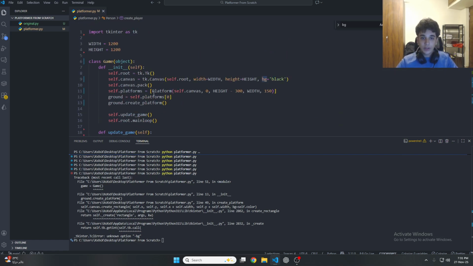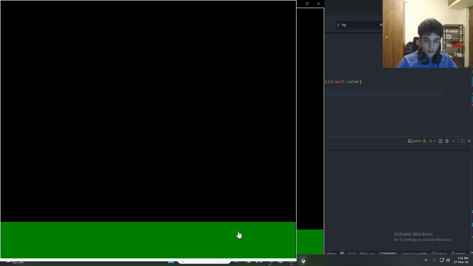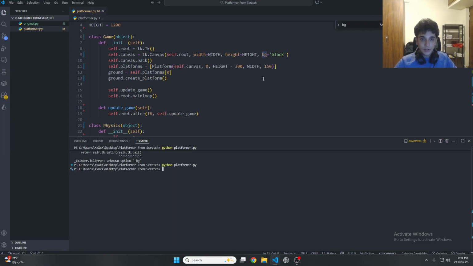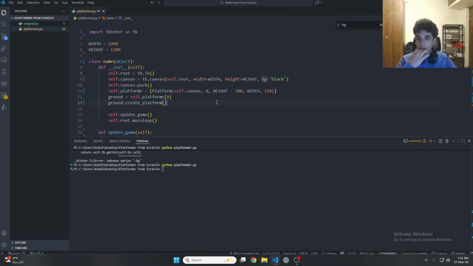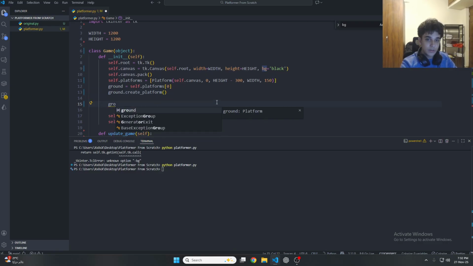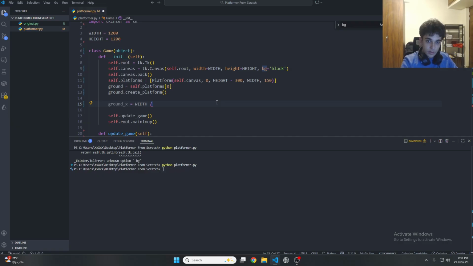That should fix everything. And yeah, if we create an instance of the game right now, it should work completely fine. There we go. As you can see, this is how it's gonna look. We have the barrier at the bottom, and now let's create the person. To do this, let's get the middle x of the ground. So ground x, it's gonna be the width divided by 2